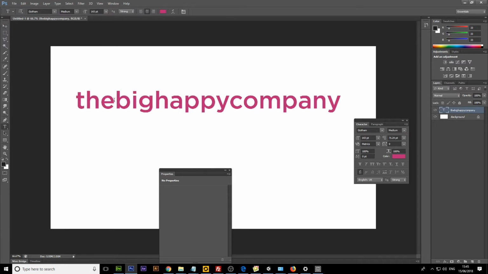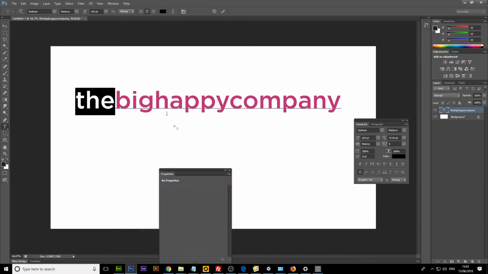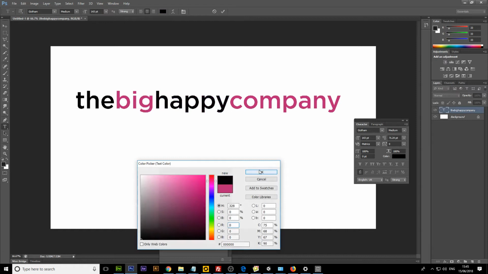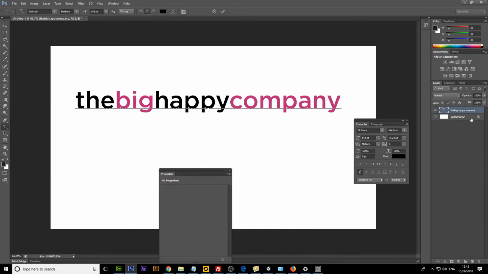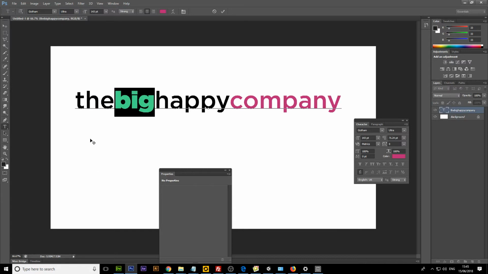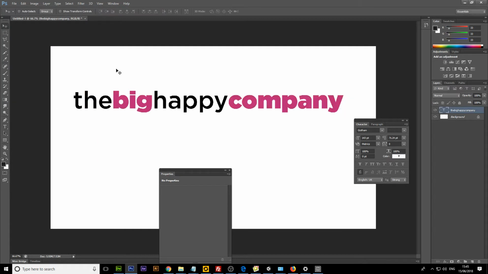And this is a little trick. It's very simple, just one line of text, but if you just do something like this, change it to a, we'll say black, change it to black. The next word, happy, change it to black. See, straight away it looks, and if you want to get even more clever, the word big, let's make that thicker, watch, ultra, see? And let's do it to the word company, just to balance it out, and straight away you've got a decent